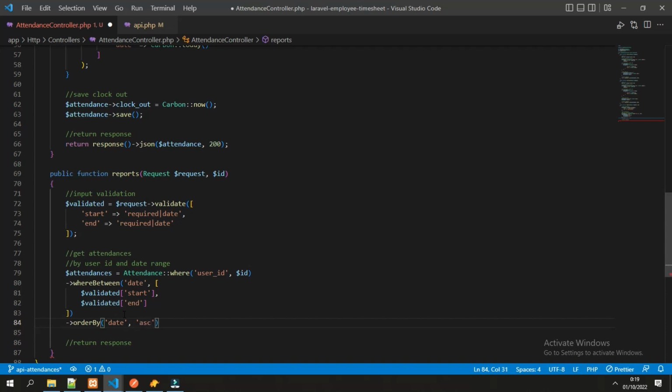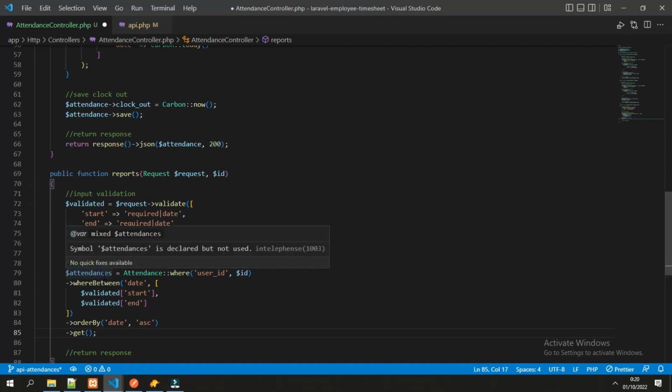So the earlier dates are first in the result, and then the last step is to use the get function, which will have a result of array. So this object will be an array.